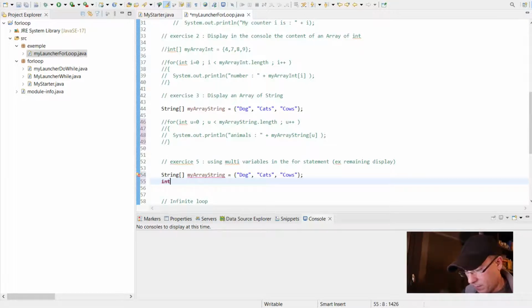And remaining stocks equal 3. We have 3 animals in the array. We'll say the remaining stock is 3, and we will decrement this stock for each loop, and we will display the stock at the end after the loop.